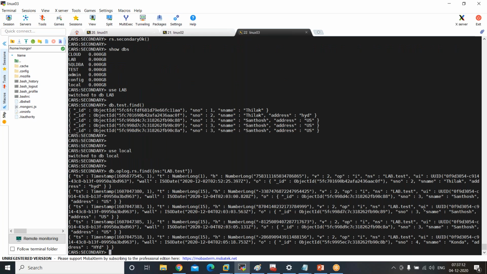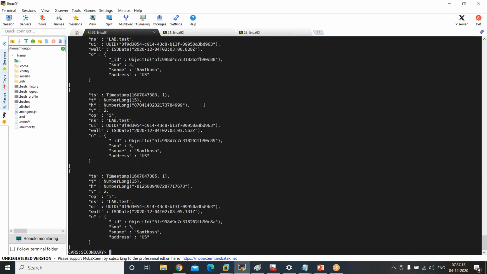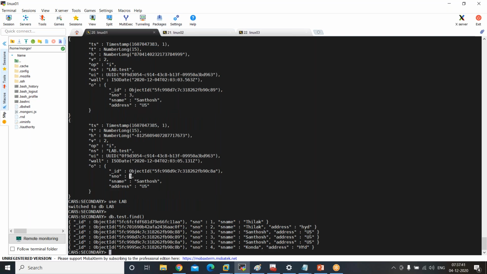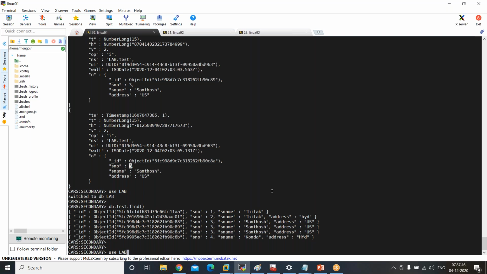Here you have the data for sure. Konda is here, but not here, which means it's not even getting the data till that time. I thought it would sync to the oplog. No. So this third record, if you go and see: use lab, db.test.find, there will be up to Santosh, but Okonda is also applied. So which means the data age become